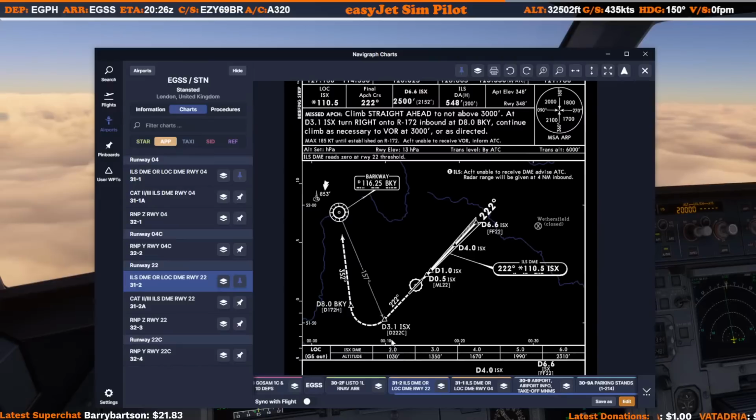Ryanair 292, route direct Bombo. Holding at Barkway after passing